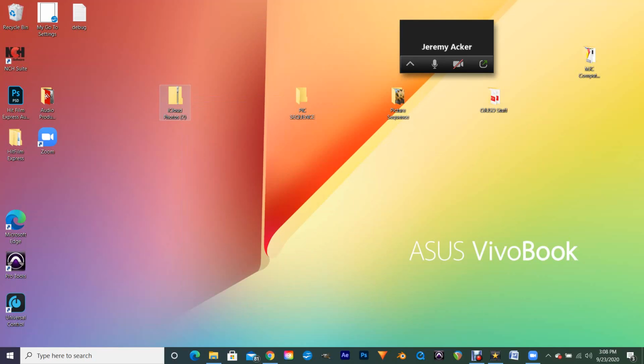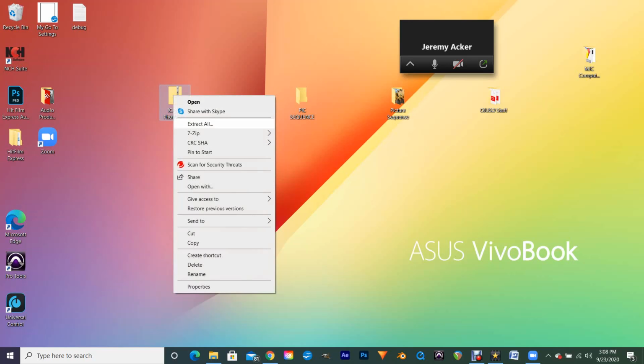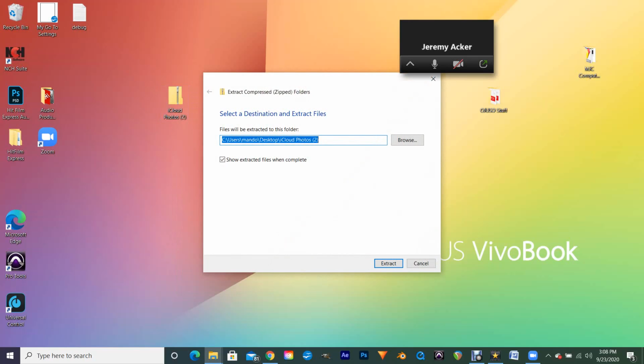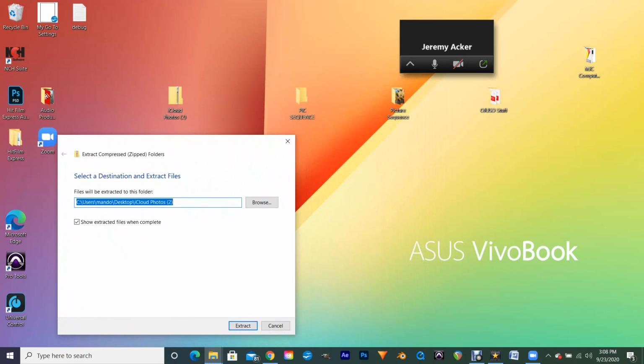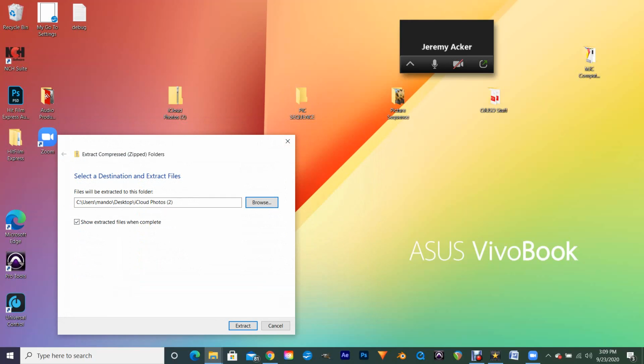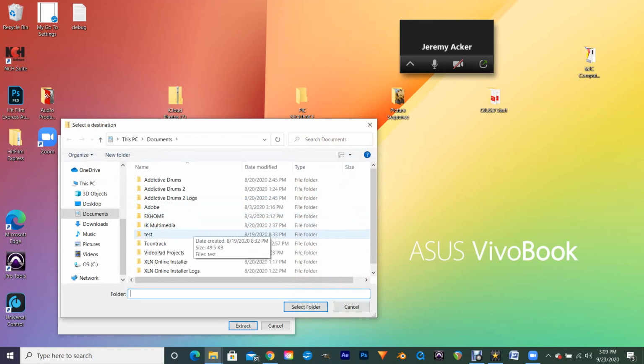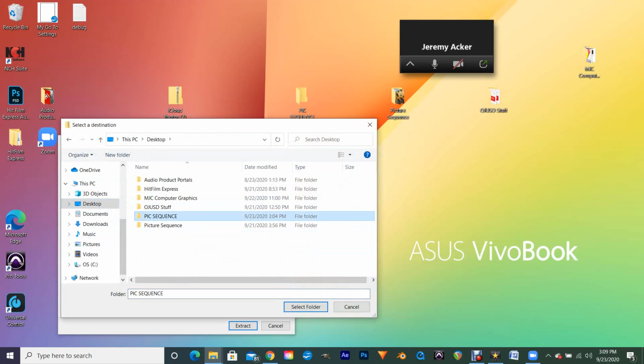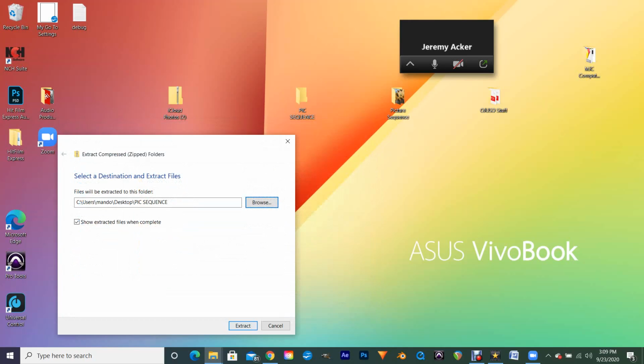Okay, since this is a zip file, yours may come in as a zip file too. You'll want to unzip it, of course. You can see the zipper there on the folder. So right click on it, choose extract all, and I'm using 7-Zip, a free extraction service. So if you don't have any ability to do that on your Windows machine, you can go on the internet and find freeware that will help you unzip files. Now it says select a destination and extract files. So I'm just going to choose my pic sequence folder, which is actually right here. So again, I'm going to go to Browse, go to Desktop, and pic sequence. And choose Select Folder, click Extract,